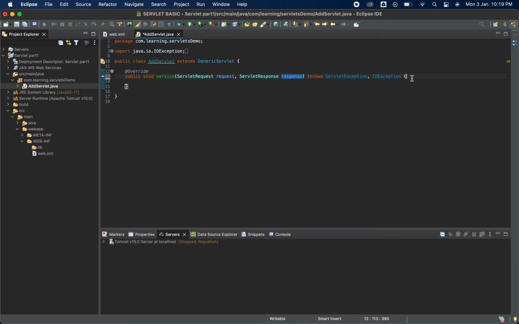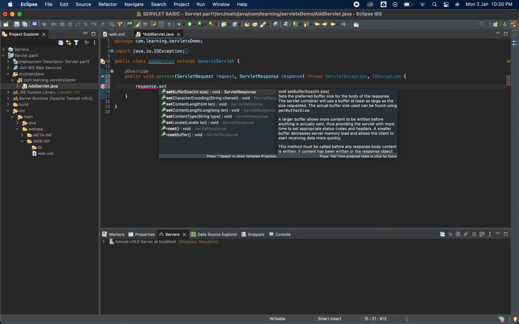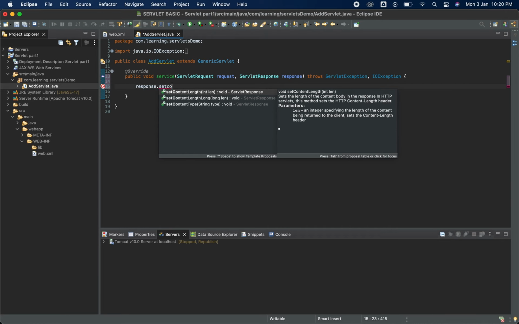Now in this program we are going to see just how we can send a dynamic response to the web page. We are not going to create a request here, we will just be sending the data to a dynamic web page. First we need to do response.setContentType.